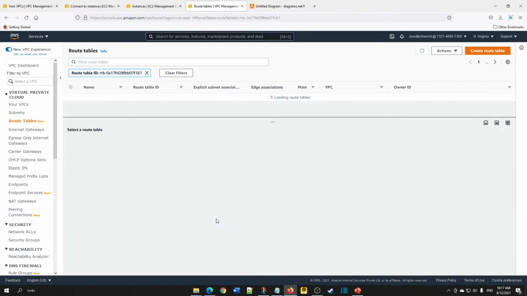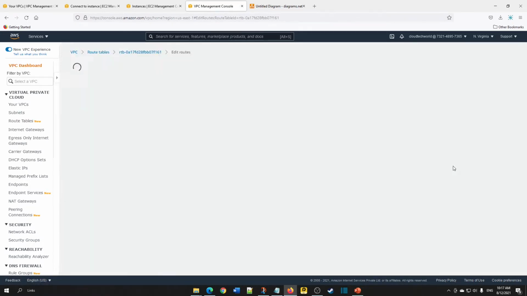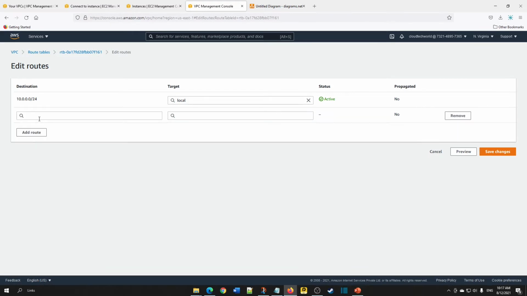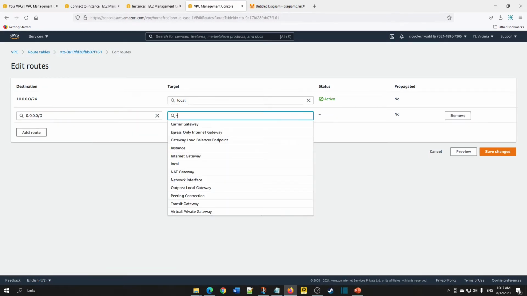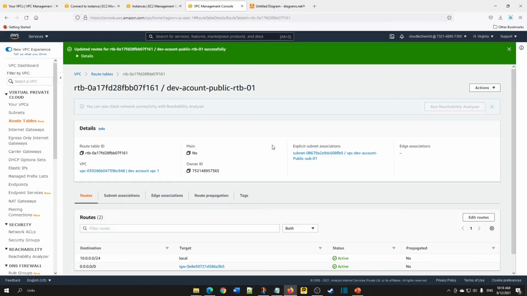Now click on route table. Click on routes. Now click on edit routes. Click on add route. Choose the route of the internet address. Then choose internet gateway. This we already created, but we had not associated it. Now click on save changes.